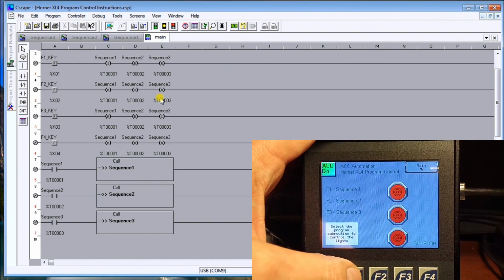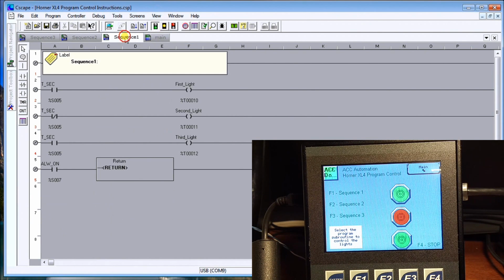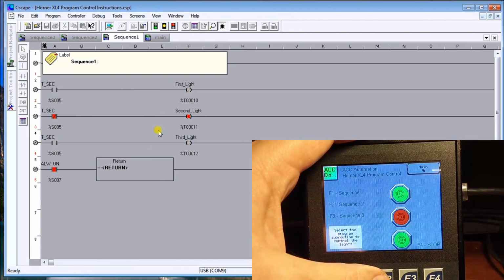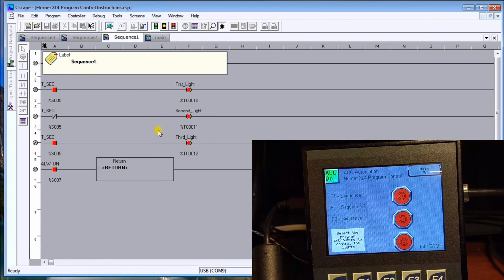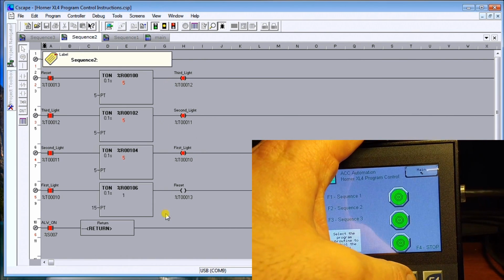If I hit sequence 1, F1, they will start flashing in the same aspect as what sequence 1 is, and if I turn that on to debug, what we will see is those corresponding lights and what we're seeing on our screen. Hitting F2 goes to sequence 2, and again we'll go to sequence 2 and we can see that lighting it up. So third, second, first, and they go off, third, second, first, they go off again. And then the last one, if we hit F3,